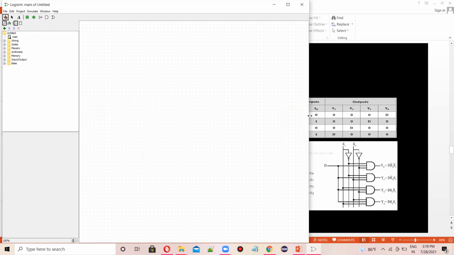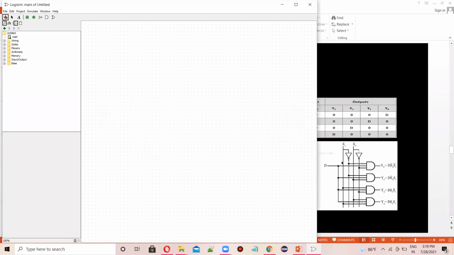Okay. Now first let's design the circuit. To design the circuit, it is not needed to minimize so much.